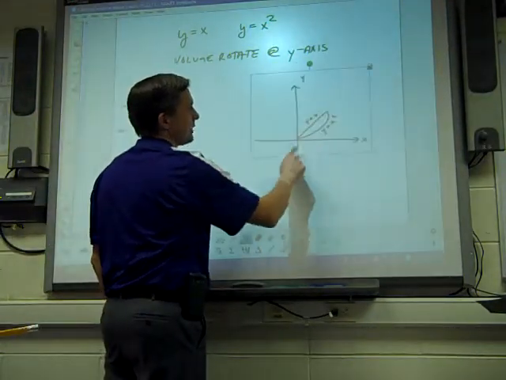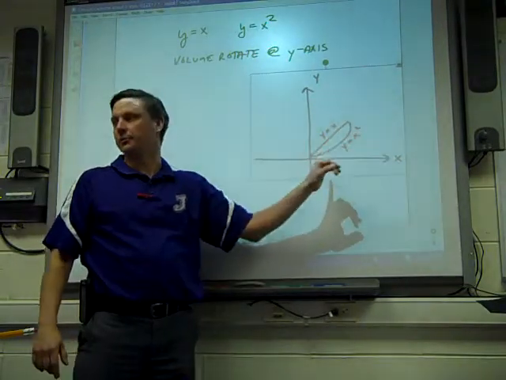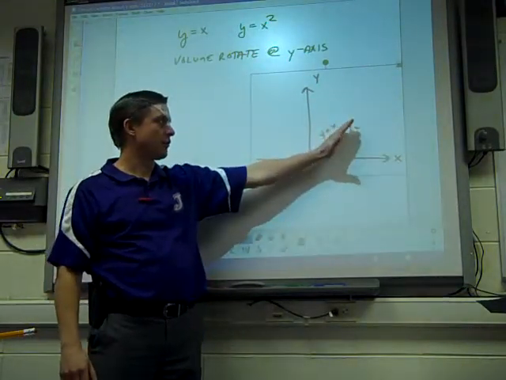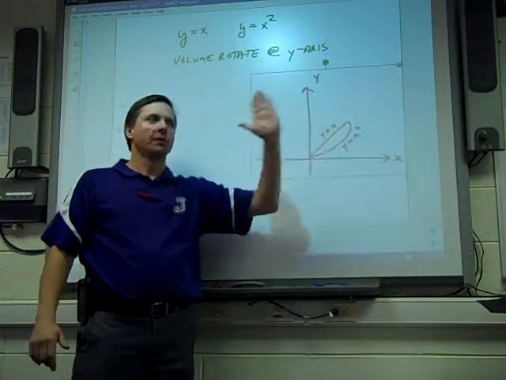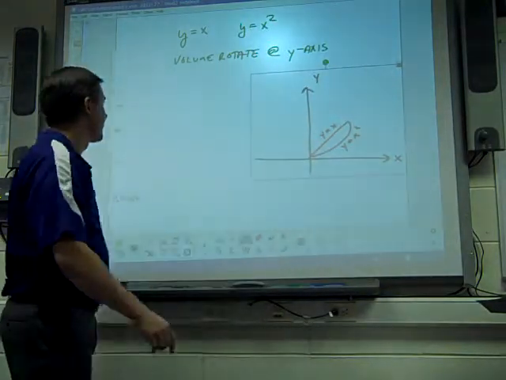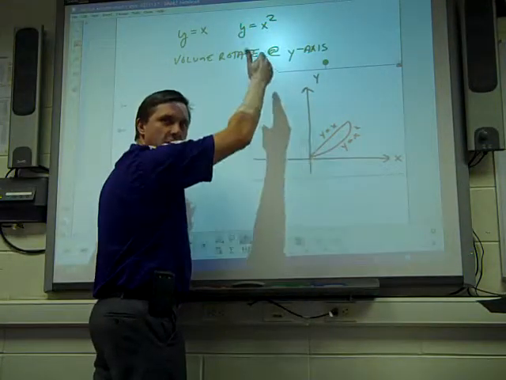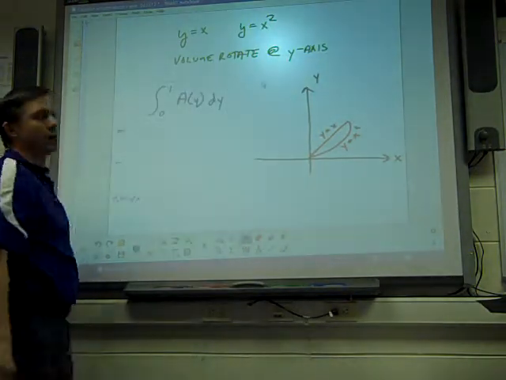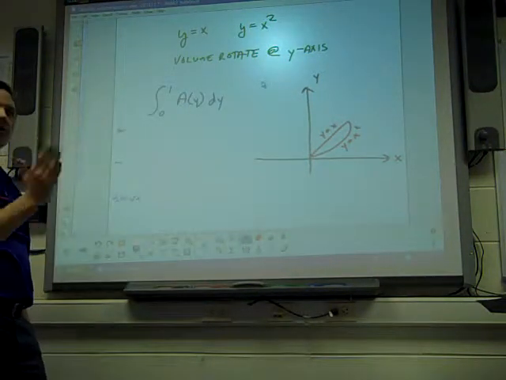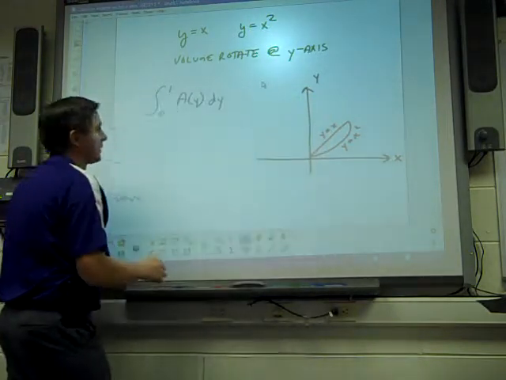And again, we can pretty quickly graph y equals x and y equals x squared. And we have our area here. Now we're going to rotate that region around the y. All right? Well, now your integration becomes dy. But it's still area of y now. You're still going to do cross-sectional areas, but you're going to take those areas this way with respect to the